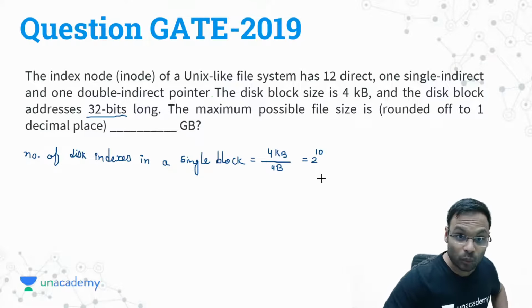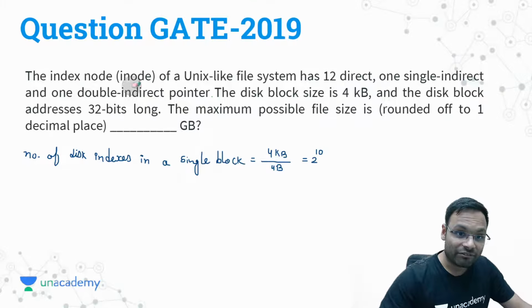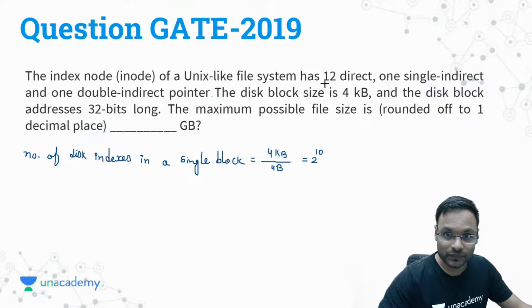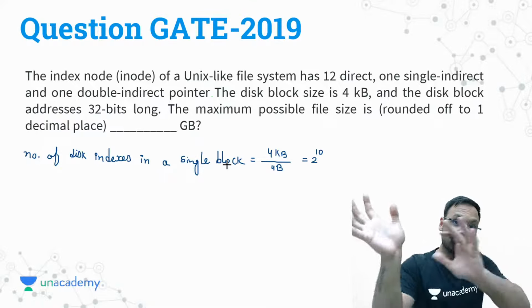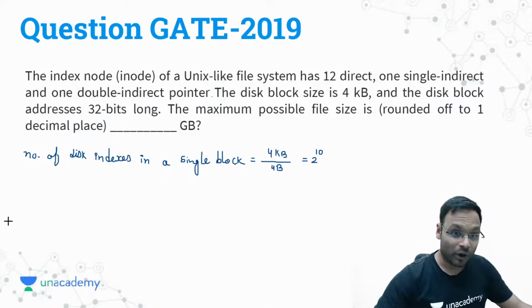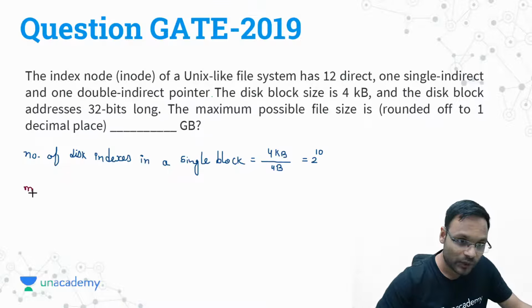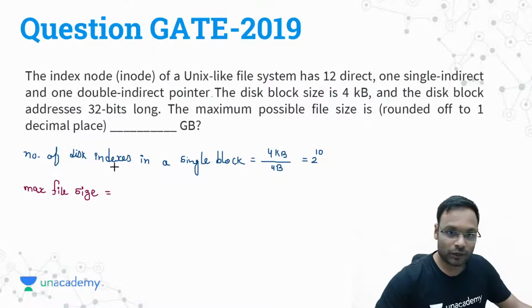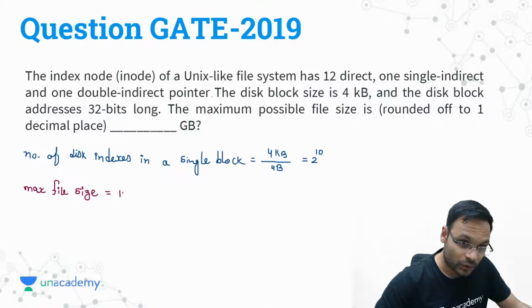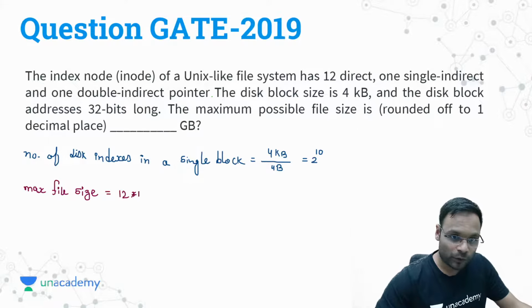Okay, now what exactly is the file stored on? 12 direct, 1 single indirect and 1 double indirect pointer. Okay, so the maximum file size will utilize all the blocks. So the maximum file size will be equal to, first of all, 12 direct pointers. So 12 direct pointers, each pointer will lead me to one block of 4 kilobyte,